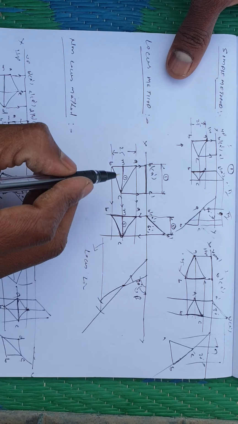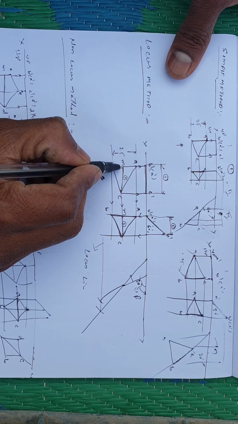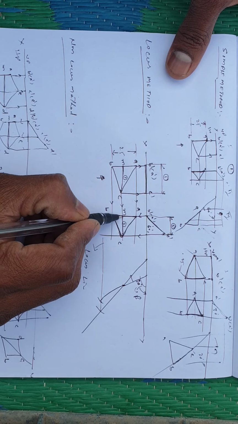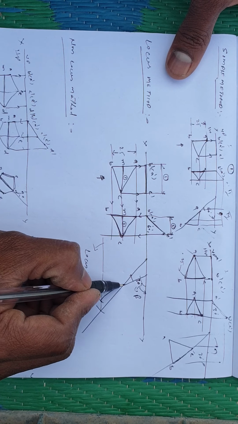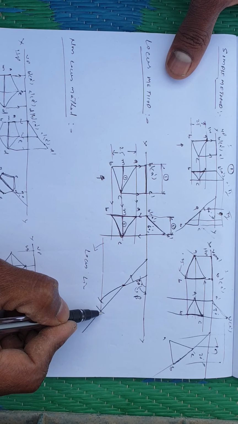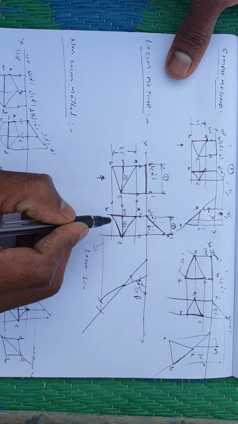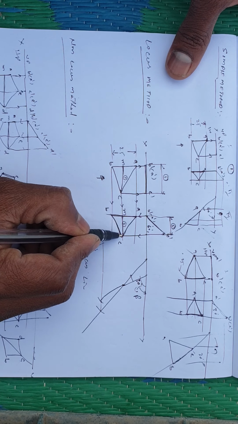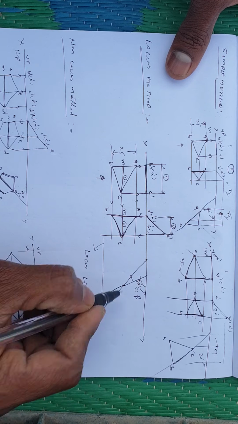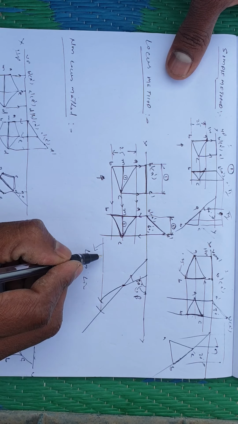For both arcs we require a radius. This is the true median for the first arc, and the apparent median for the second arc. After marking this point, the first arc should be cut on the given VP line. Then wherever it is intersecting, take the locus line and, by using a compass, measure the apparent median, and on the same center point the second arc should be cut on the locus line.